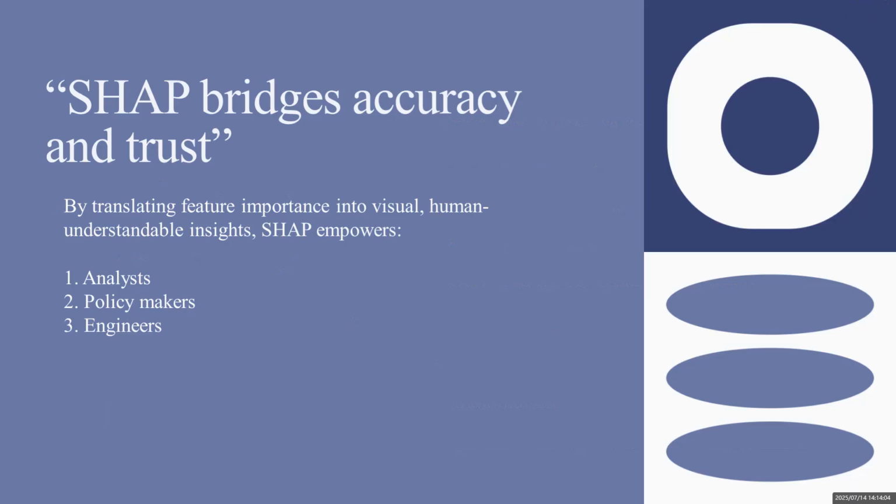So SHAP bridges accuracy and trust. SHAP allows us to connect accuracy and trust. Not only does it bridge trust and accuracy, it also gives us the confidence that we need to trust our predictions. By translating feature importance into visual, human-understandable insight, SHAP empowers analysts, policymakers, and